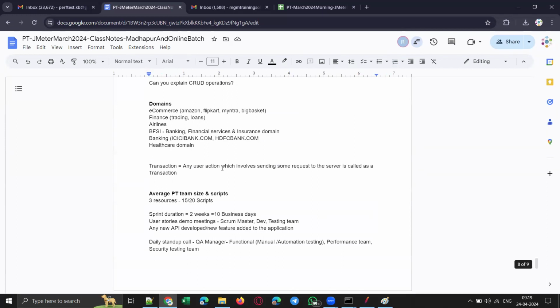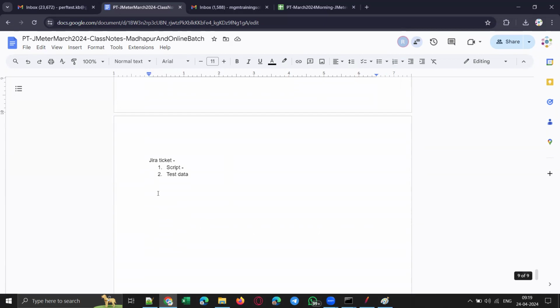Each of them developed 5 scripts by following this process. So let's assume each resource worked on 5 scripts each, right? And now where do they store those 5 scripts? You should not keep them on your laptop, but by the end of the day,